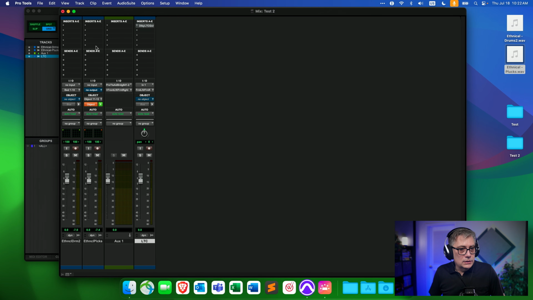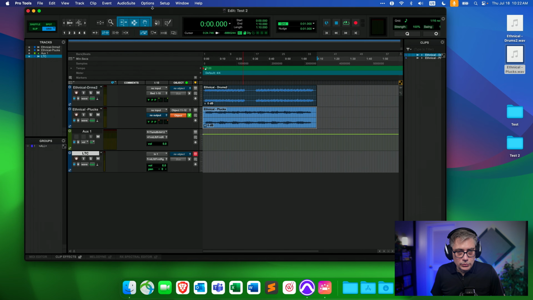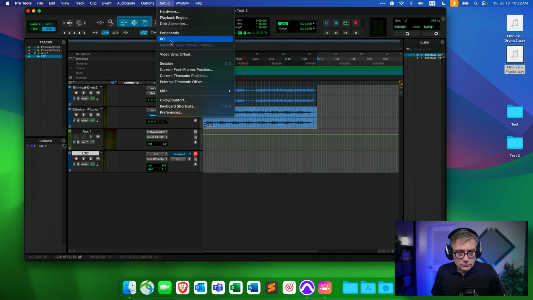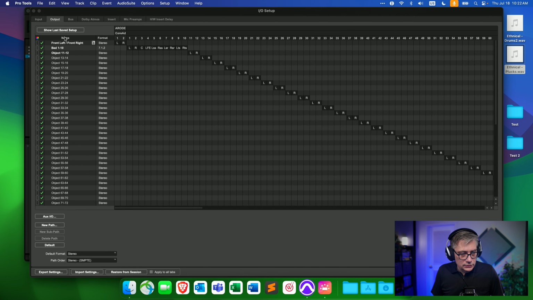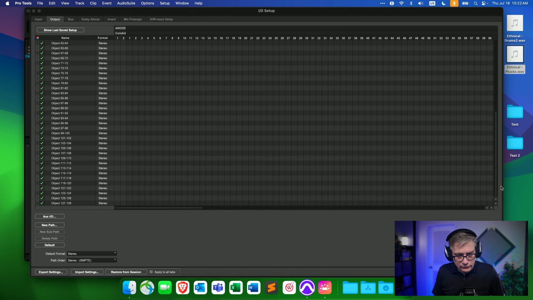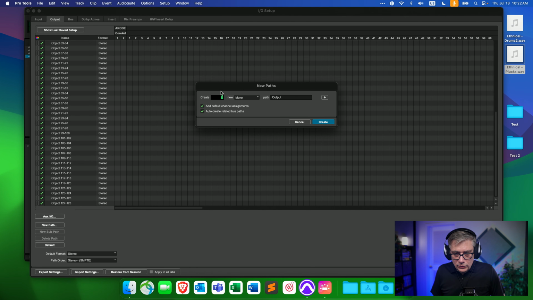Okay. And then I need to go into the input-output settings. And in the input-output settings under output, I need to add one, because I don't think I have one, no, it ends at 128. So I need to create a new path here. I'm going to do a mono path. Let's call that LTC.